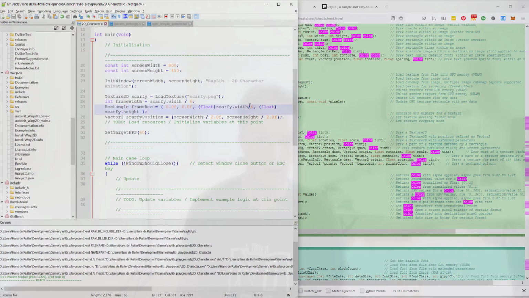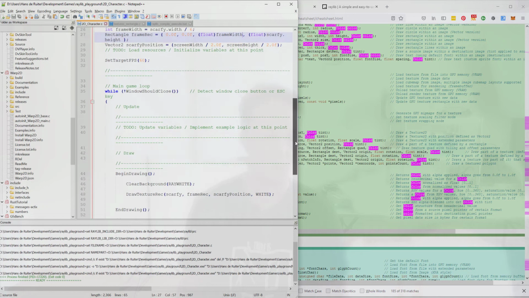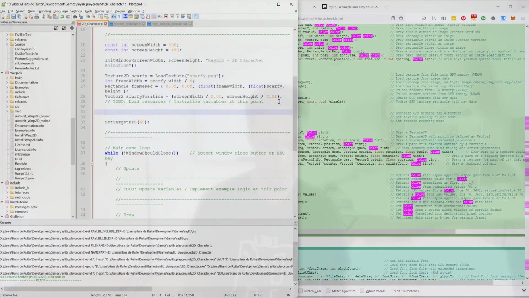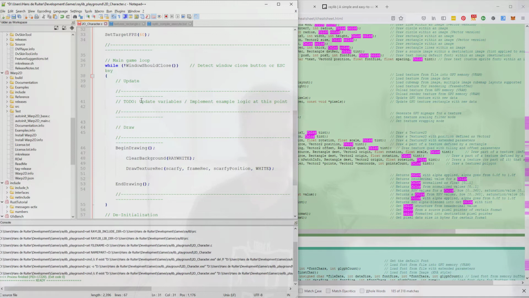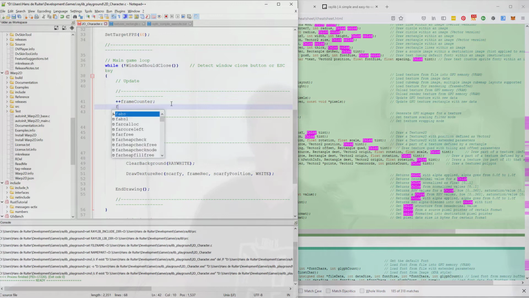And put that in there. And now we need a frame counter. And we will update that. They say we should update our variables at this point, so let's do that. Let's increment the frame counter, and then